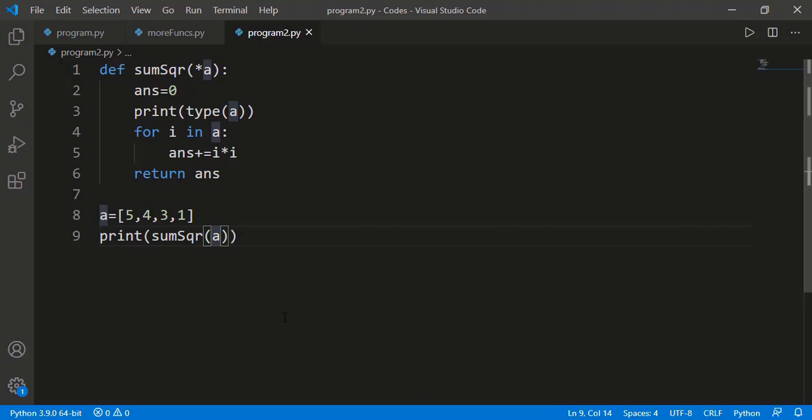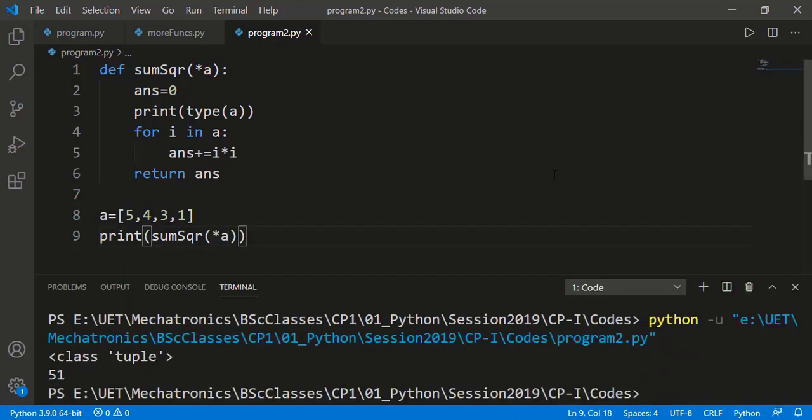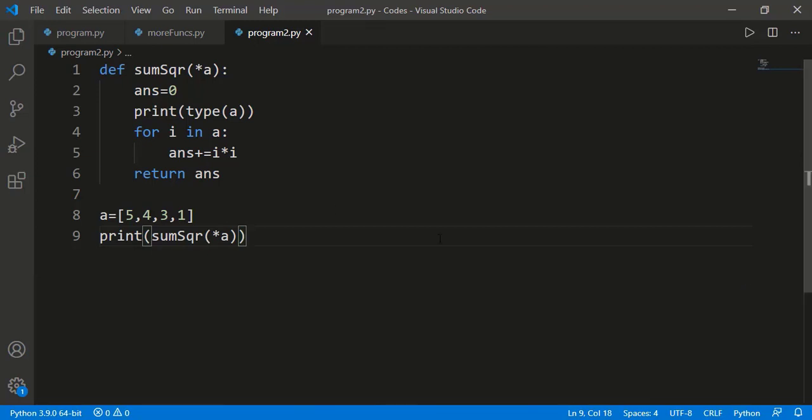But we saw earlier that we can unpack a list or a tuple using the asterisk operator. So if I use asterisk with list A here while calling the function, the list elements will get unpacked. So basically we are calling the function on 4 input arguments. And because of this asterisk with the function input argument, those will get packed to form a tuple. So you can see the advantage here. We can provide as many arguments as we want and we can also provide one list or tuple by unpacking that. Note that a function can have only one variable length input argument.